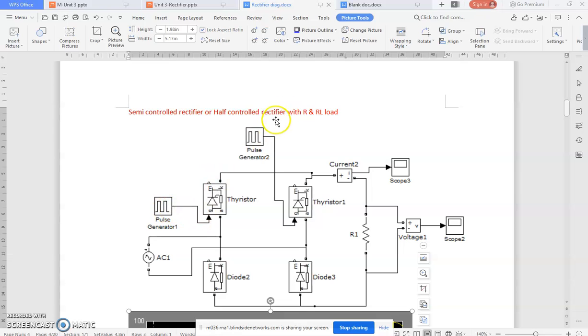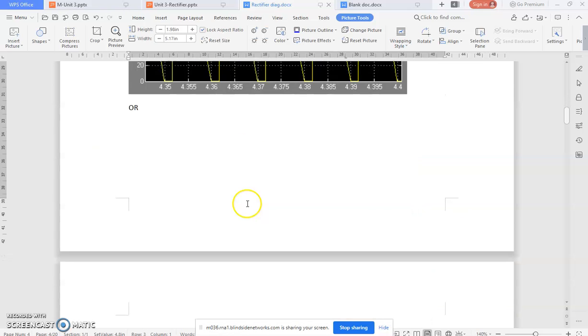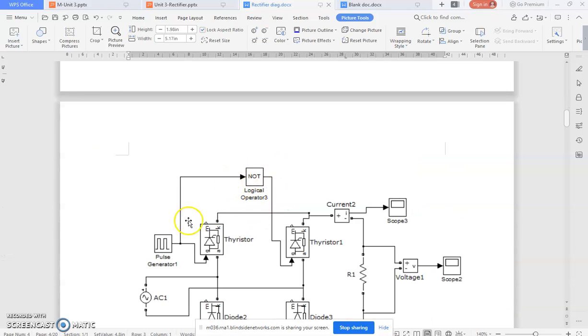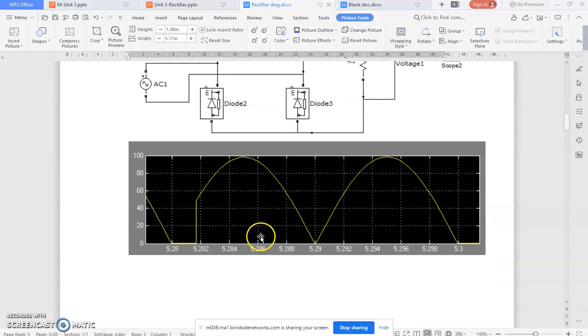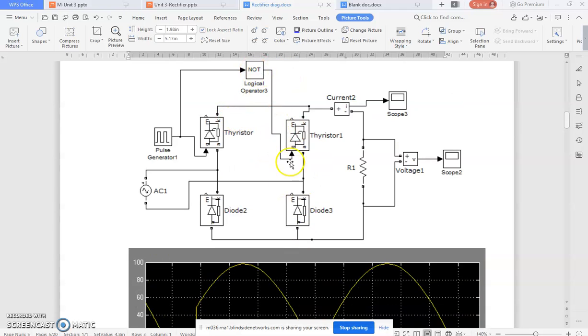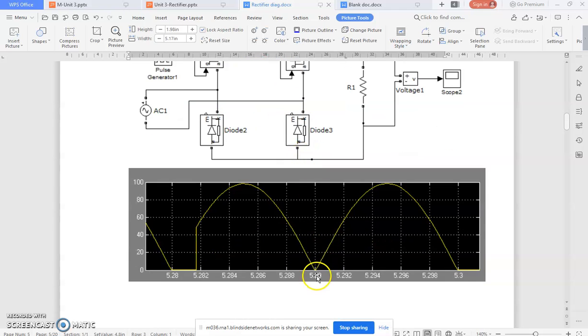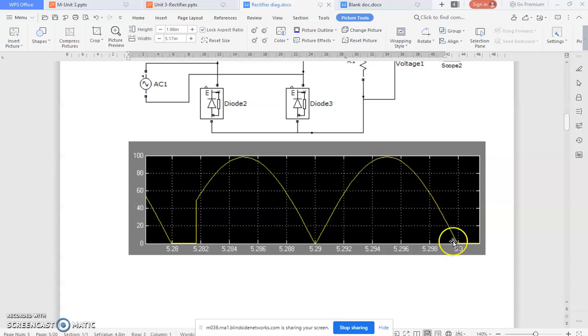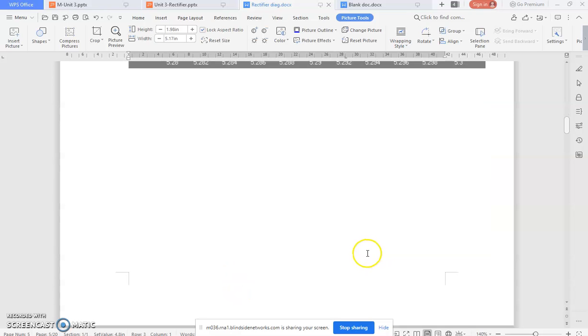Two pulses you are going to use; otherwise, if you don't use the NOT gate you can vary. If you have used the NOT gate, you can't vary. That is the only thing here: the NOT gate is used. If you have design ideas, you will learn about these. Due to the NOT gate, the second thyristor starts with no firing angle. So that's why it comes like this.